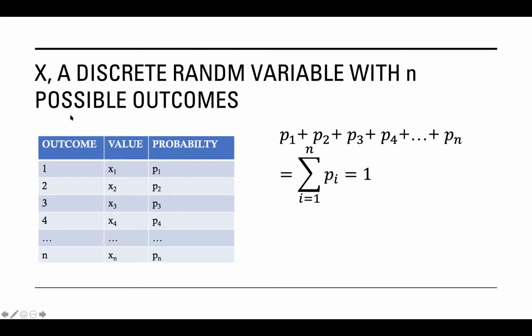P2 is the probability our random variable x is in state x2. P3 is the probability it's in state x3. Pn is the probability it's in state xn. And since this is a random variable,